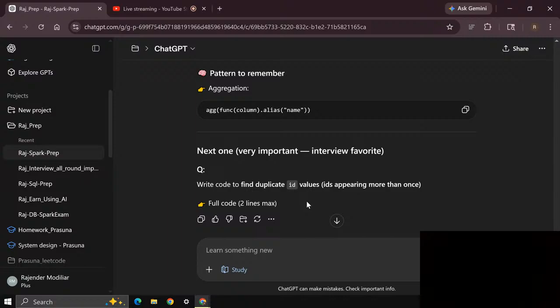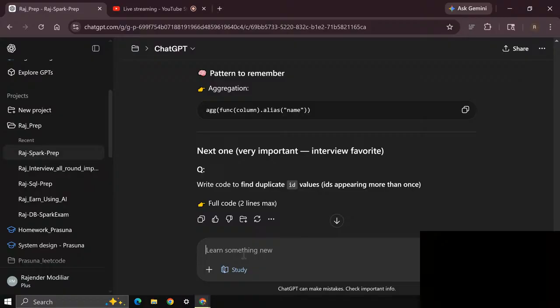I think we need to use a window function here. Window function with row number, group by. Let's try it that way.